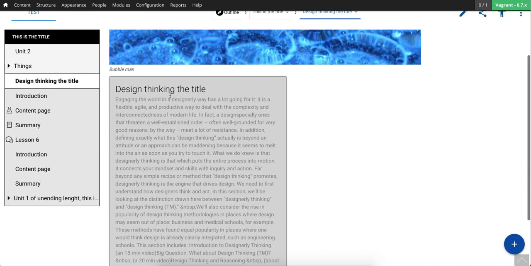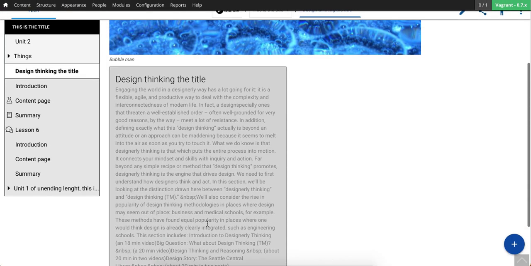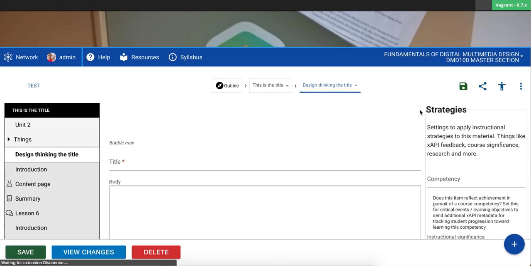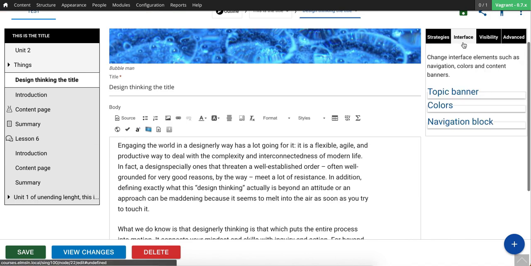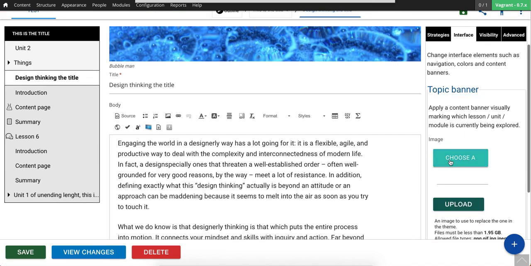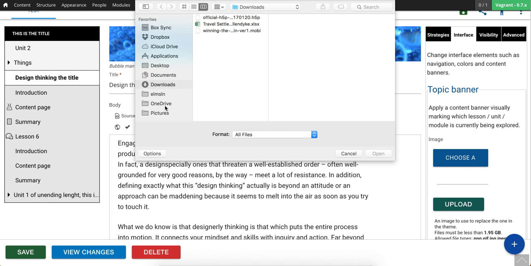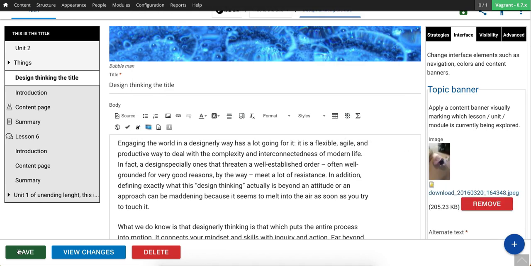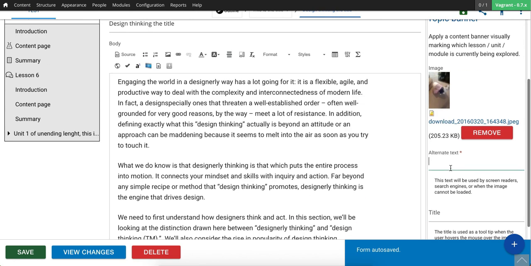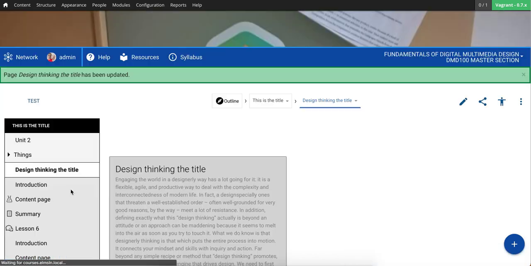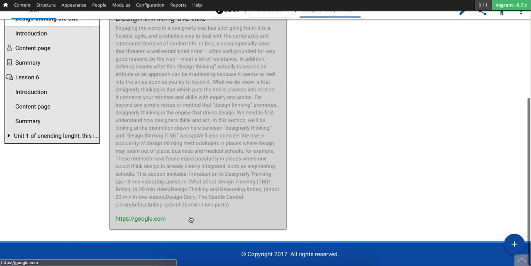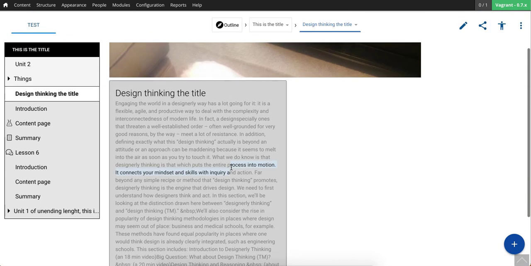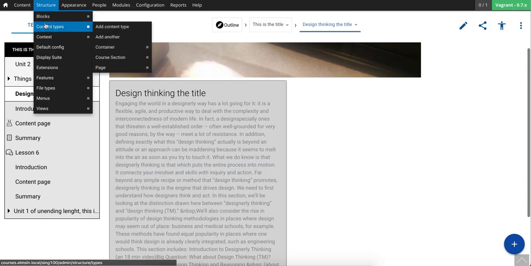Save, right? That updates the card. I don't have an image, which is why it falls back on its default from the Polymer template. Let's upload a topic banner to see if it'll actually do that. Upload. Oh, it needs alt info. Okay. Save. All right, we didn't update that text apparently, but let's go to